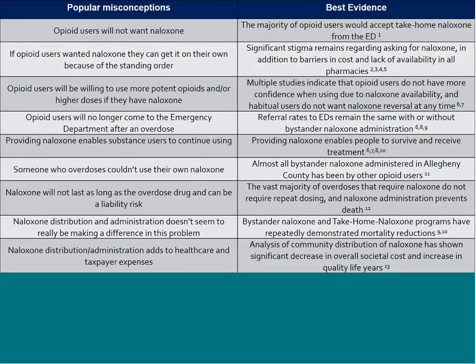This slide is very busy, and this will be available, I know, through IRETA, so I don't want to belabor it, but it's just a summary of many of the misconceptions and myths that I often hear when I talk to folks about expanding naloxone administration availability. The most common, and I think even some economists have tried to make the point, is that individuals will be more likely to use opioids, and either more potent opioids in a more dangerous way, because they know naloxone is available. While I'm not saying that maybe has never happened, it is definitely not the common